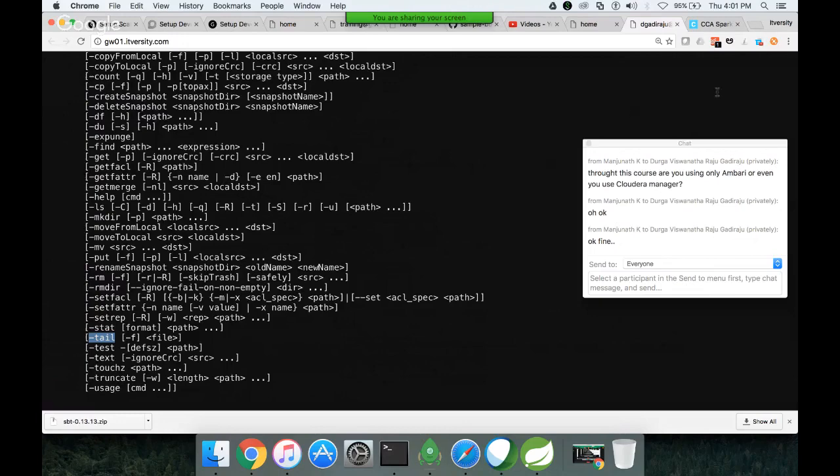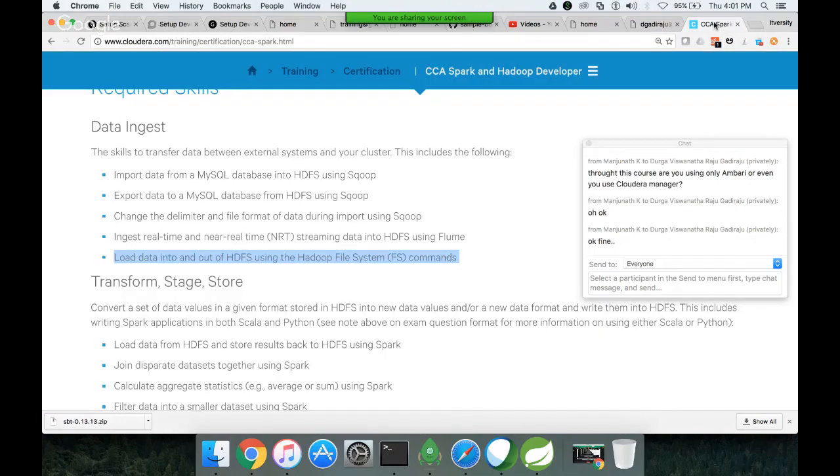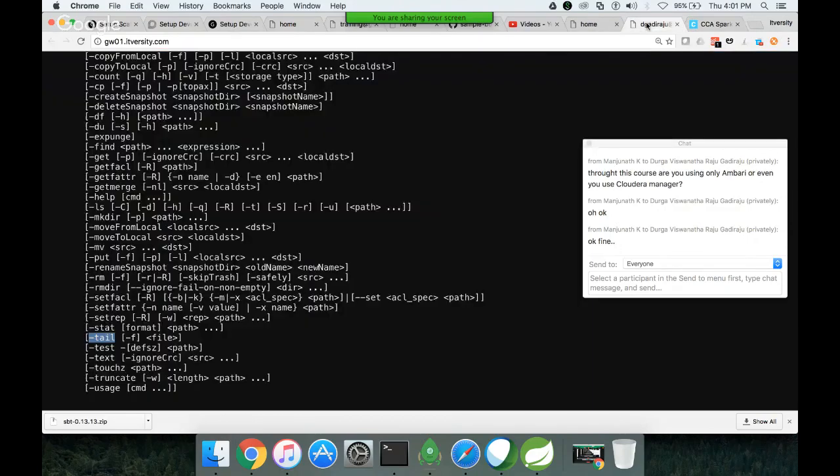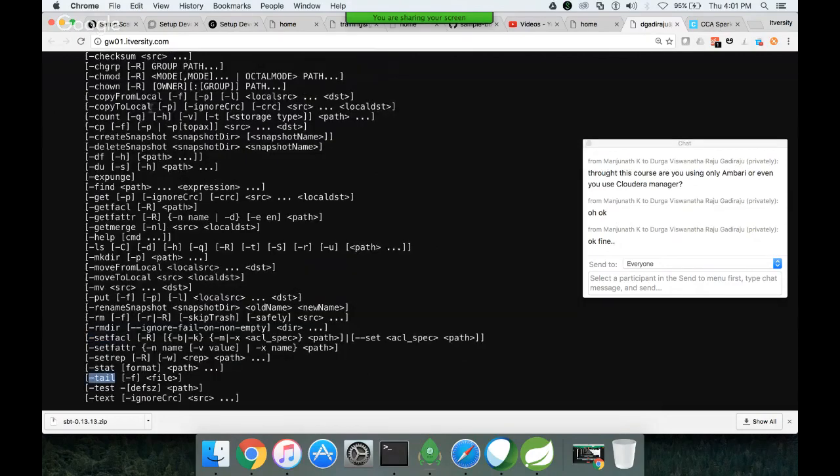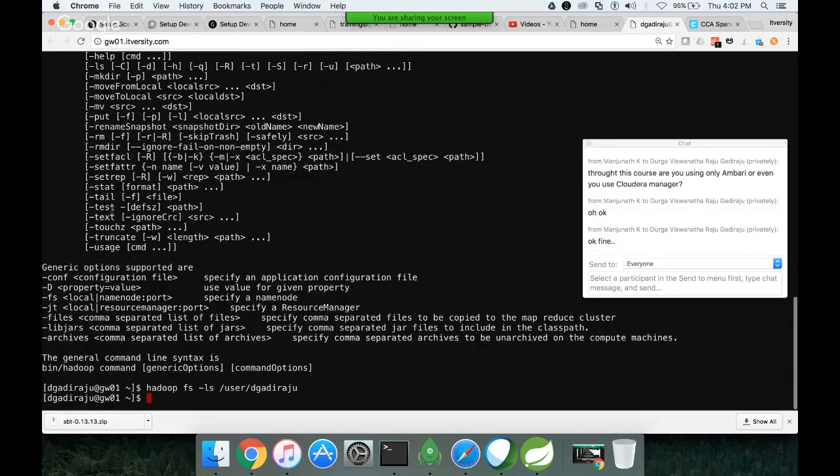But for the certification perspective, what is important? Load data into HDFS and out of HDFS. So from certification perspective, the most important commands are copyFromLocal, to copy from local to HDFS, copyToLocal, to copy files from HDFS to local, or put and get as alternatives for this. If you want to get help on any of these commands, you can say hadoop fs -help